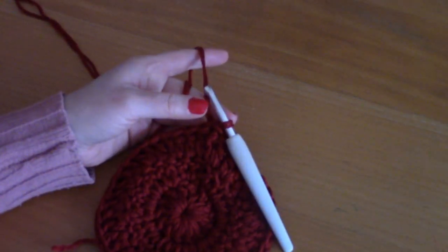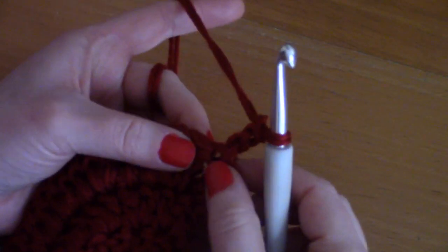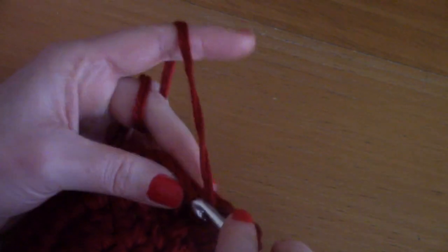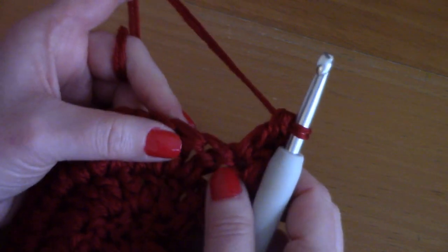And now for the next round, which is also round 4, chain 3, 1, 2 and 3. This counts as your first double crochet. Turn your work, and you can place another double crochet inside that first stitch here. So just go ahead and place a double crochet inside that first stitch here, and that creates 2 double crochets together. Now in the next stitch, place a double crochet on its own,